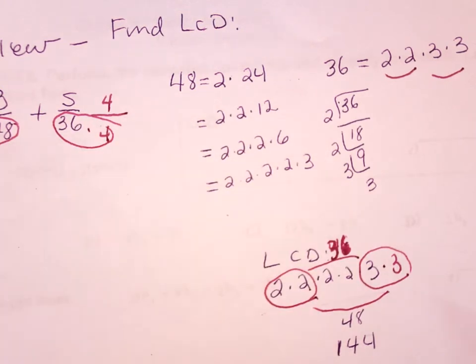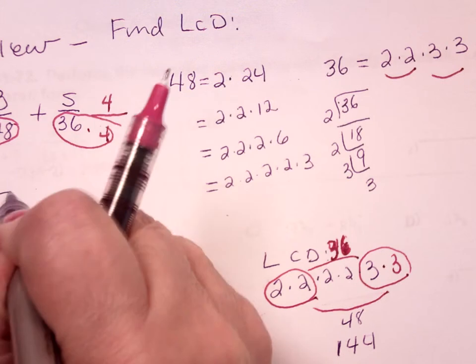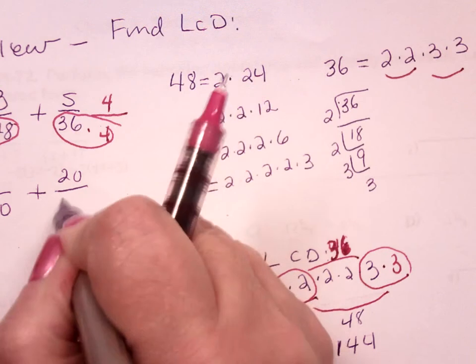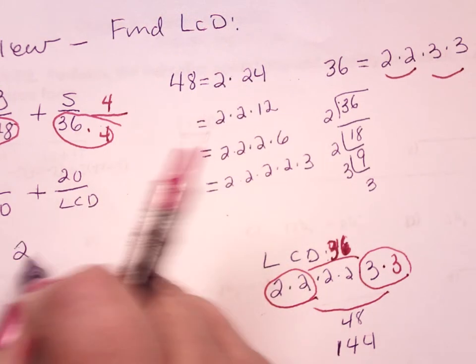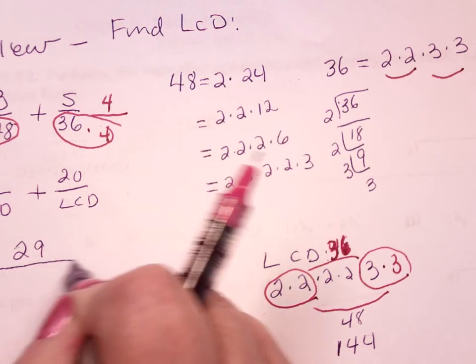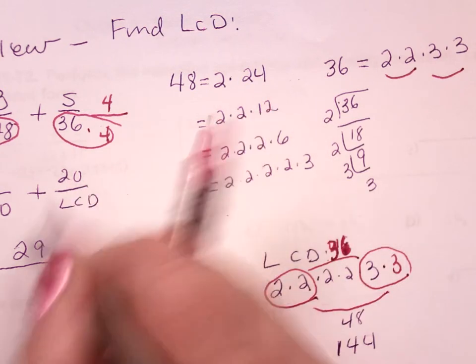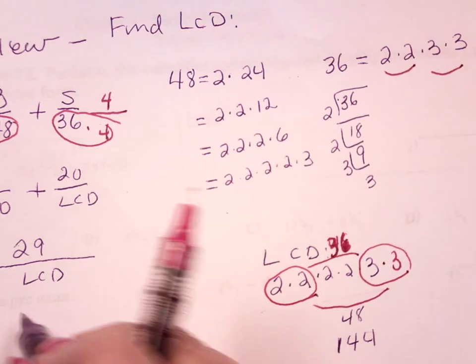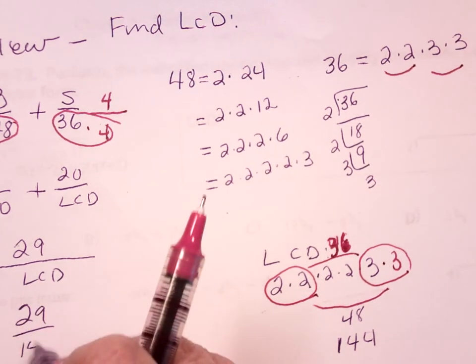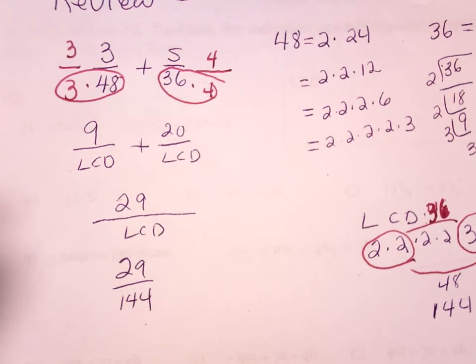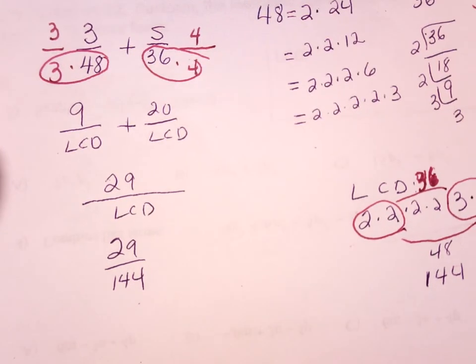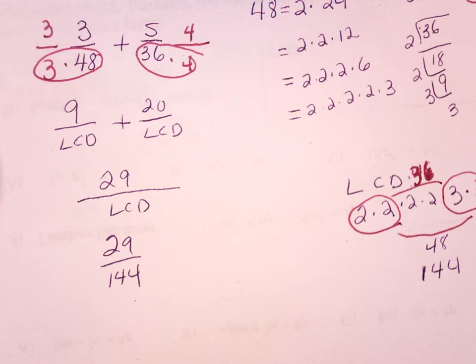So now this is the LCD when you multiply it together. So I'm going to have 3 times 3, which is 9, over the LCD, plus 20 over the LCD, which is going to give me 29 over the LCD, because I just add the numerators since the denominator is the same, or 29 over 144. Now I'd reduce the fraction down if I needed to, but in this particular instance I don't. Now in algebra,